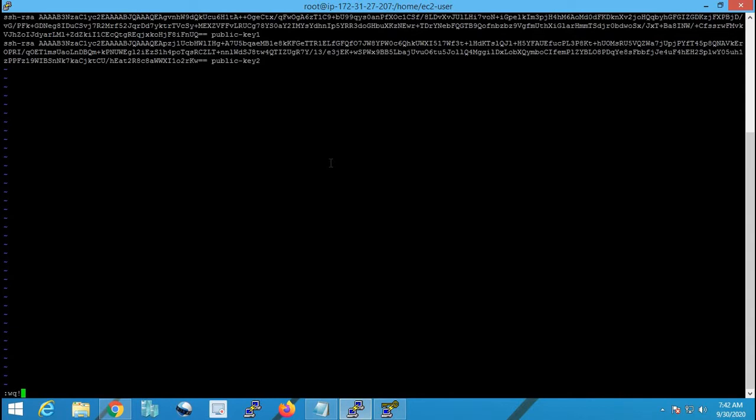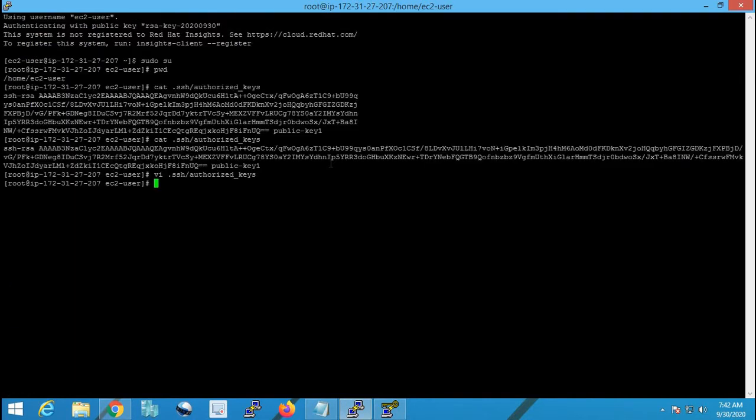It's a combination of :wq!. You can go for :x. Remember, that is a shortcut. So let me hit enter. Now my keys are stored into authorized keys. That means I have uploaded my key directly to the EC2 instance instead of using the key pair in AWS. Okay.